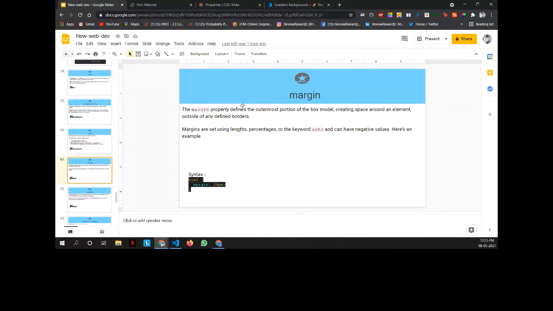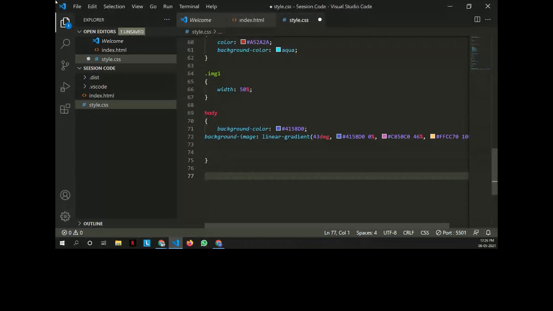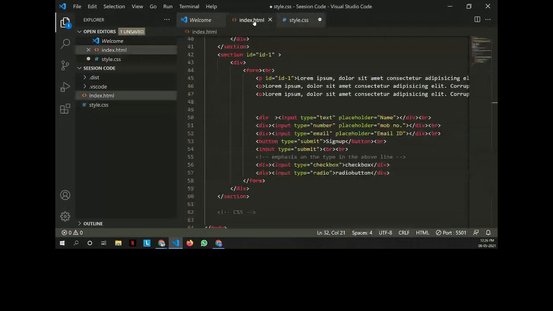This is important. Margin is basically a property which defines the outermost portion of the box model. I'll show you a demo first so you understand it better. Let me add a few divs here.